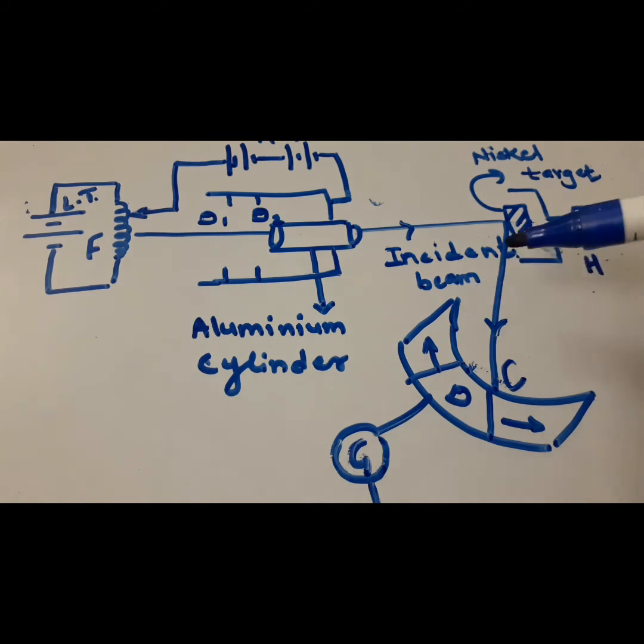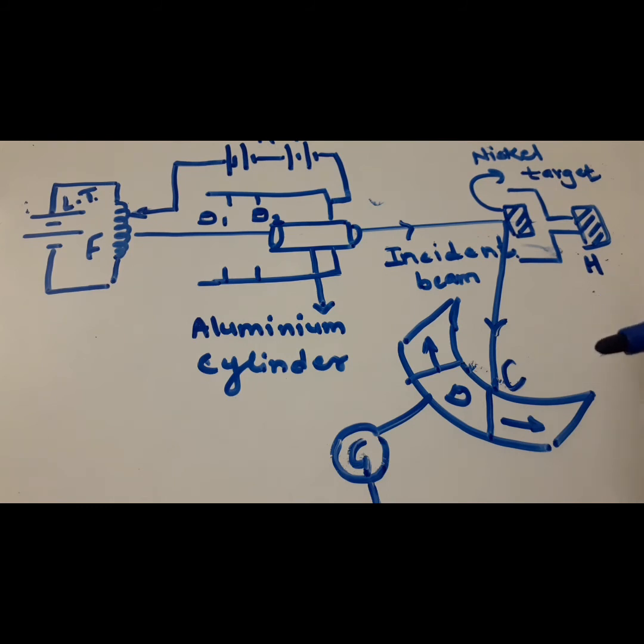The electrons are reflected in the directions making an angle of 20 degrees to 90 degrees. All of you remember, the reflected electrons having the direction making an angle of 20 degrees to 90 degrees with the incident beam are collected.